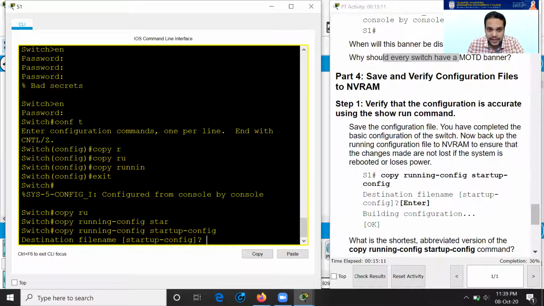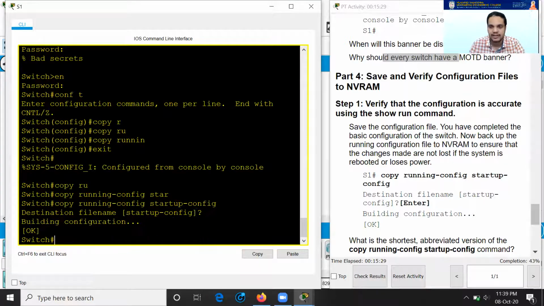Sir, can't you type this entire command in this configuration mode and do it? Yes, you can. But me being a bit lazy, I want to do it using the tab character. The tab character for the copy command works only in the privileged mode. So I come here and it's asking me the destination file name. Is it startup config? Obviously, it is startup config. It's the default. So just press enter there and it's done.